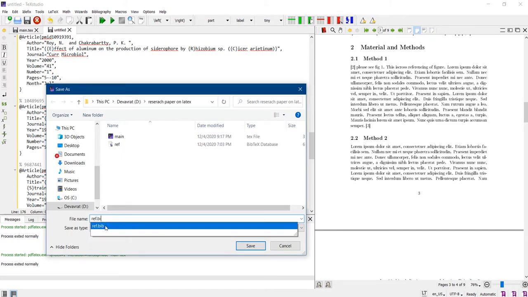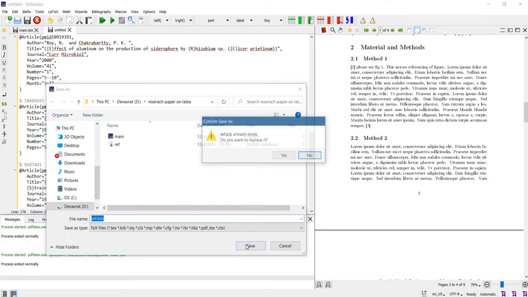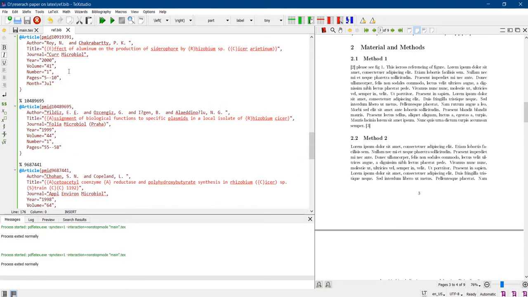I am saving this ref.bib file in drive D, in a separate directory that is called research paper on LaTeX. I will save that here, and this is my bib file which is necessary for the article. This will add references to my article.